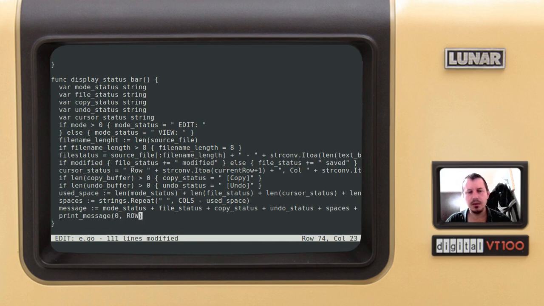Column 0, rows, no matter how many there are. Then termbox color black. So I want black letters on the white background, hence the foreground is color black, and then termbox color white, and the string itself, so the message here. And if I did everything properly, it should actually print this